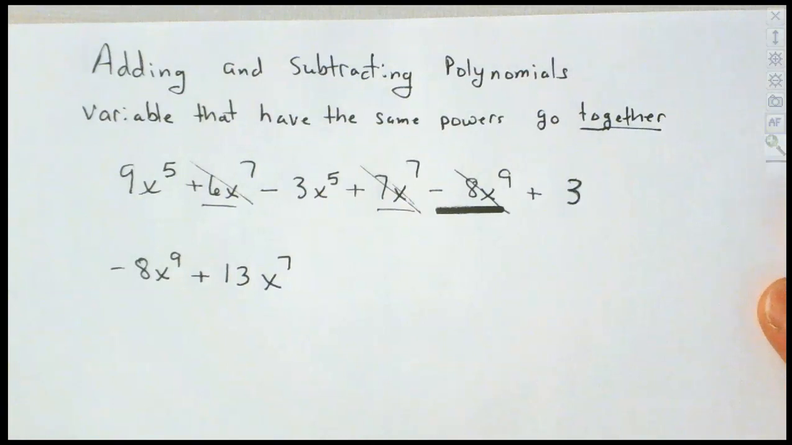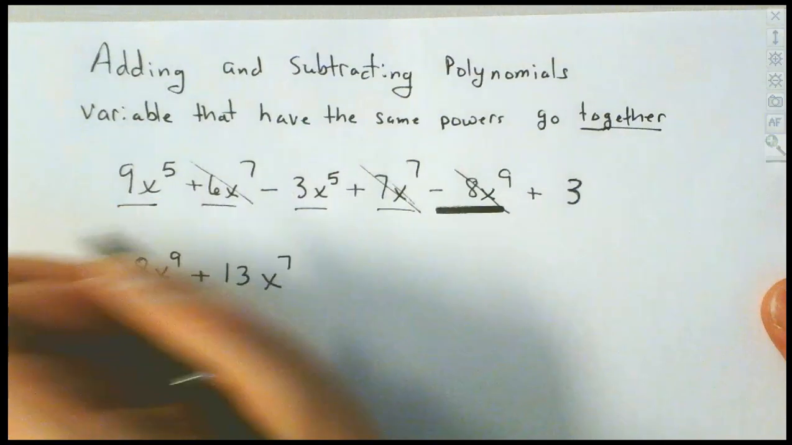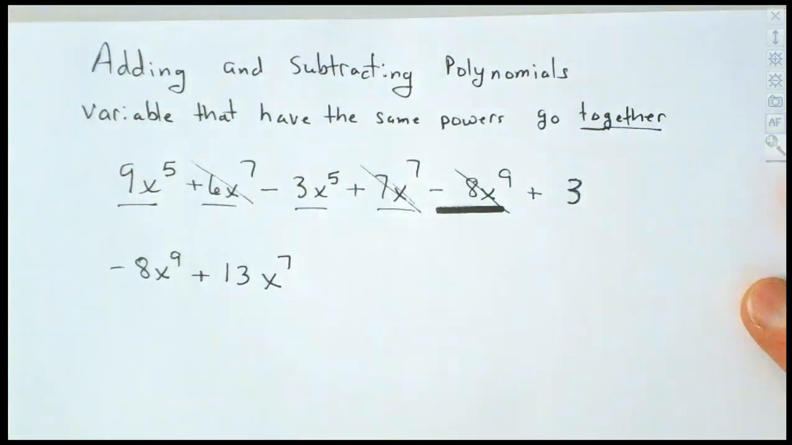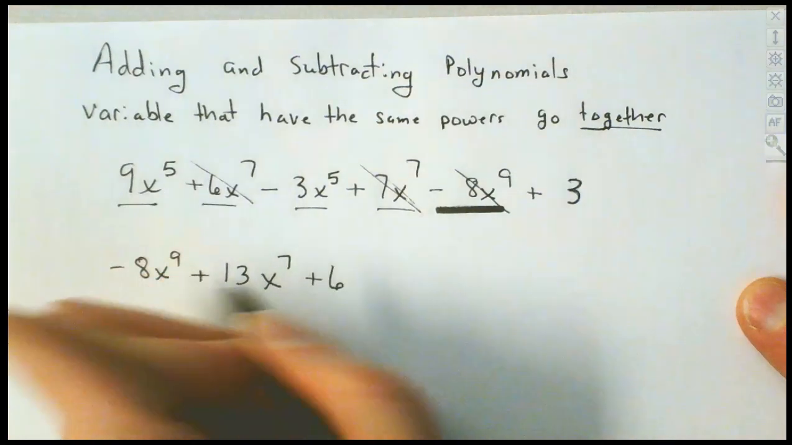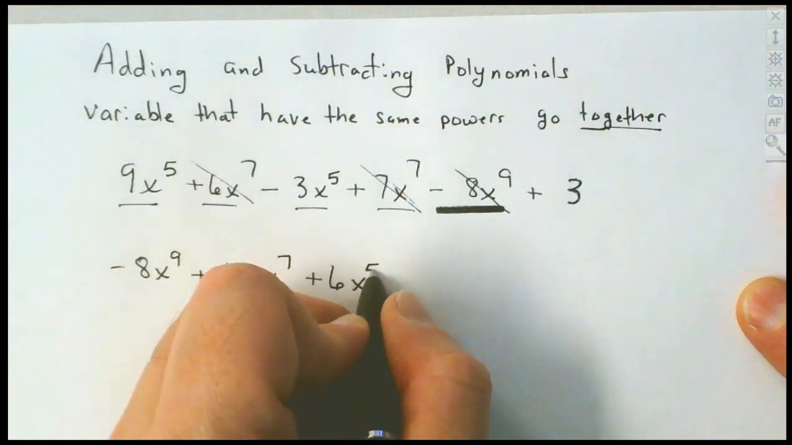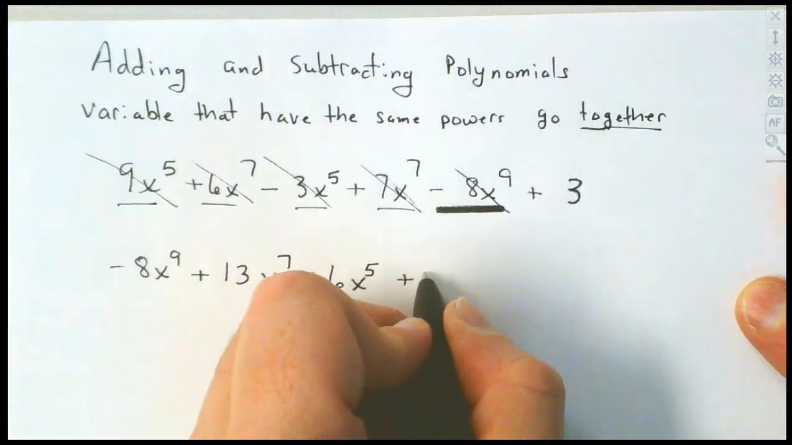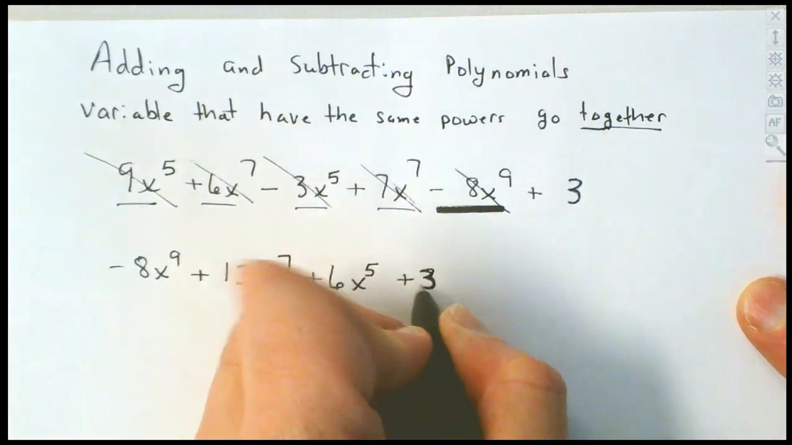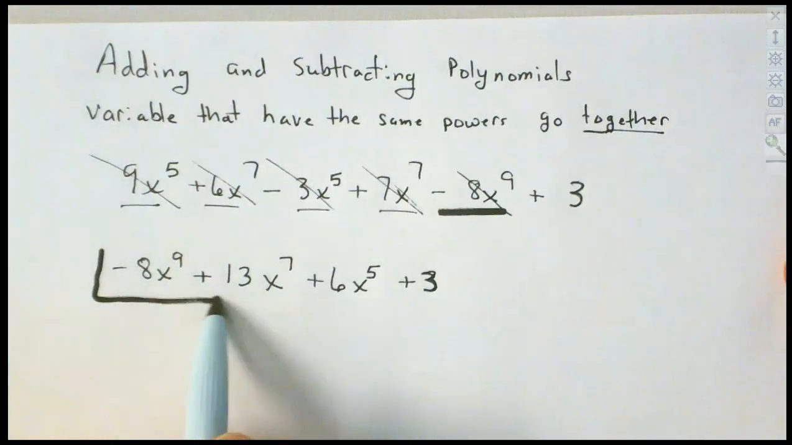What's next here? We've got an x to the 5th, and we've got 9 and minus 3. These can go together. 9 minus 3 leaves you with 6x to the 5th. Gone. And what's on the end? 3. So that's what I would want for the answer. I just want you to go ahead